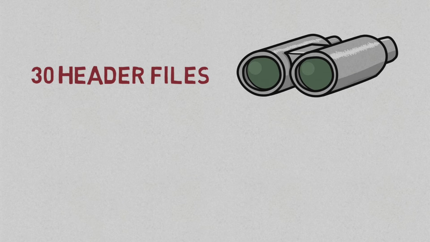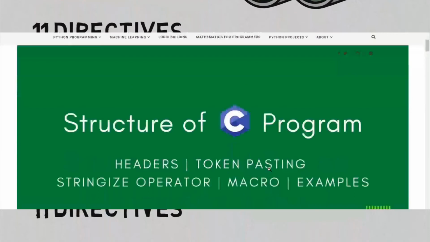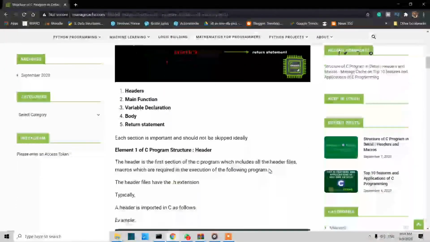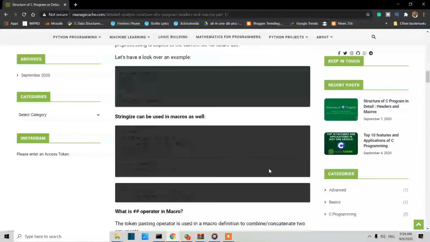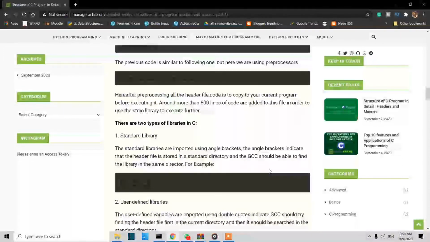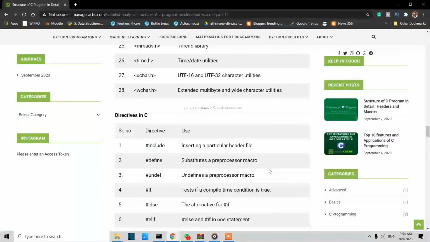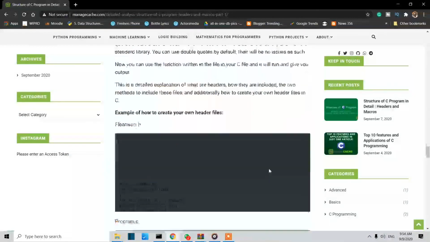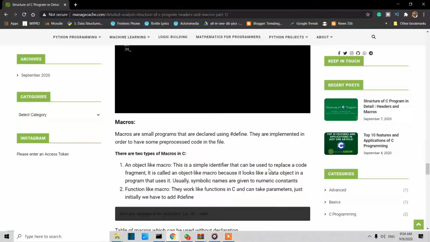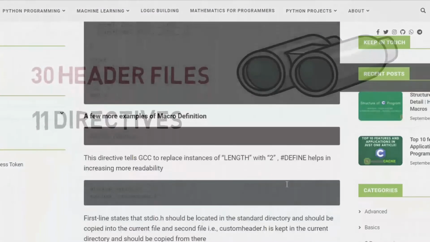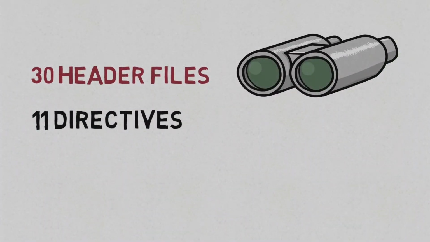Now let's continue with the directives of C. In directives of C, we have seen that we have used #include in order to include the library in our file. We are using #define to define a macro. Similarly, there are many directives which are available in C. You can see this whole list also on our blog. We have given the link. Please go and view it once. Here you can see all of the description is given on the screen.